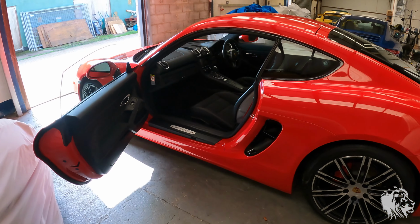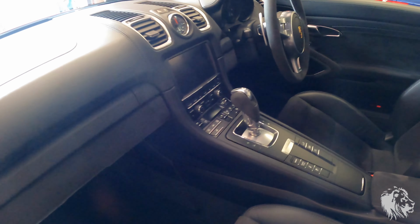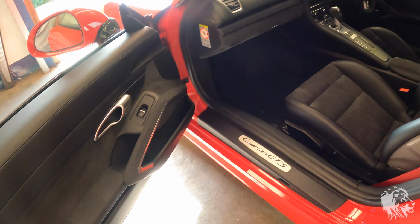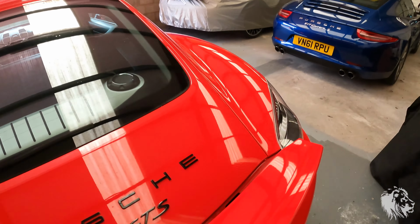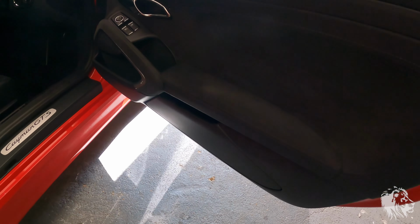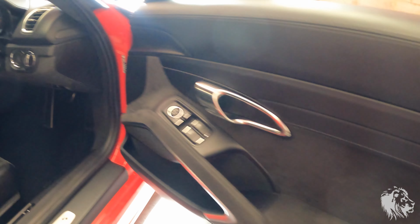But there is the interior that's been done with the ductile all-purpose cleaner. The whole interior has been done with it, and it looks so much better for it. It wasn't in bad condition in terms of rips or tears, but like you saw with the steering wheel, there was quite a lot of dirt ingrained within the Alcantara on certain touch points. So the armrests, the steering wheel in particular, but that's all come out and it all looks absolutely fabulous now,